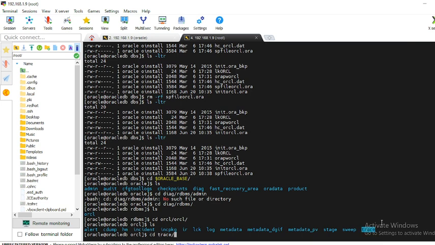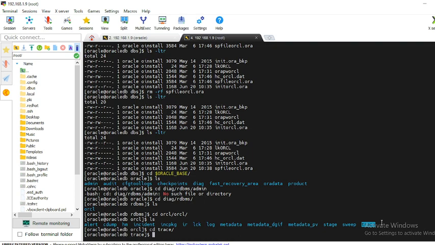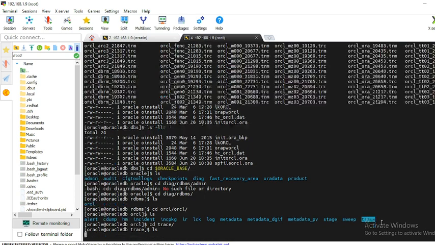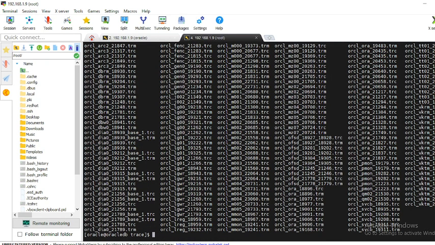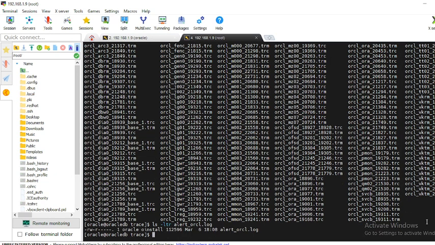Here we need to run ls -ltr alert orcl.log. So the file alert_orcl.log is available.